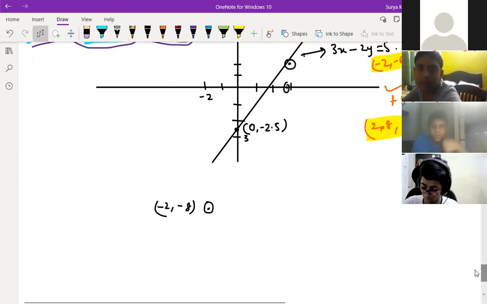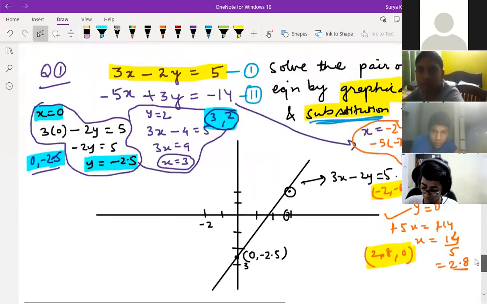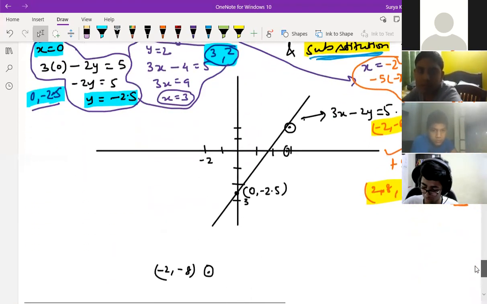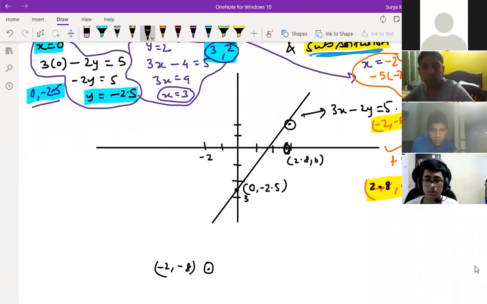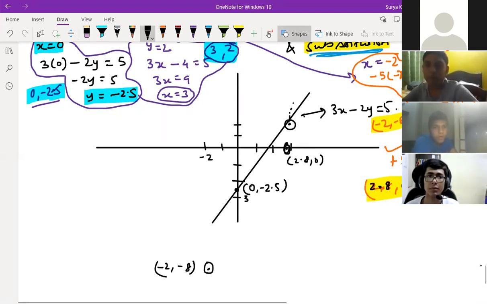Okay, children. So if you check like this... Sir, we have to take 2.8 and 8? I've taken 2.8 and 0 now. 2.8 and 0, right? Yes, sir. So 2.8 and 0 is here. See, this is 2.8 comma 0. If you match this point and this point... We don't have to keep the ticks exactly for 2.8, right? It's an estimation. See how the line will come, I'm telling you.